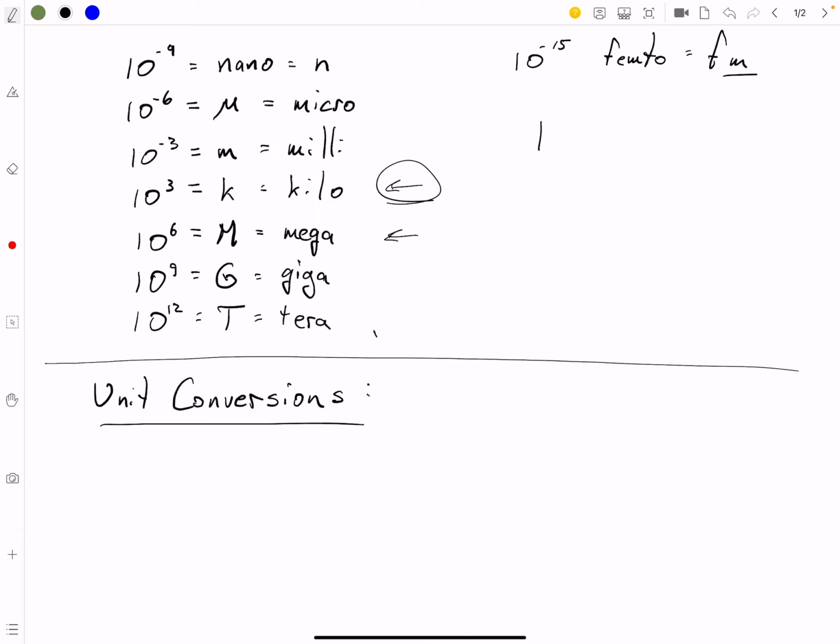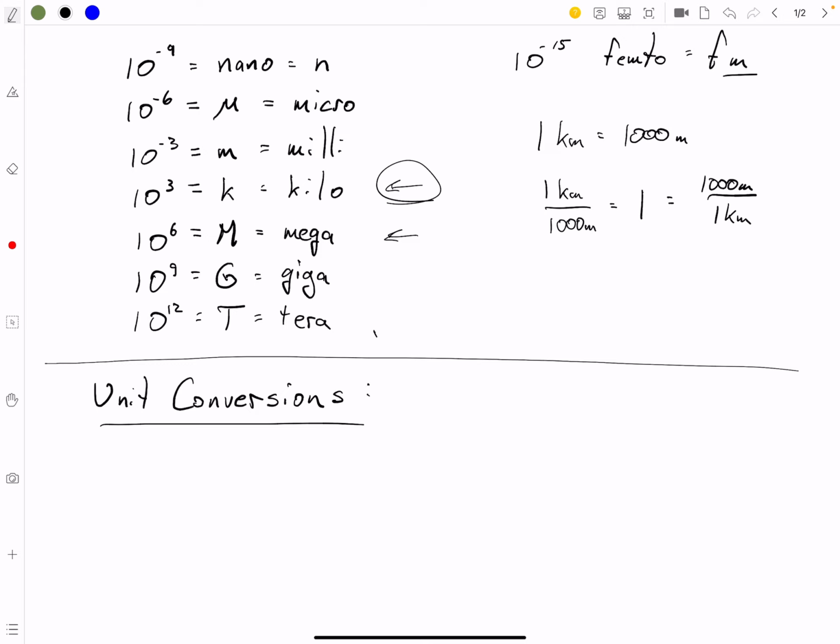If we have 1 kilometer, and that 1 kilometer equals 1,000 meters, you can divide 1 kilometer by 1,000 meters, and you have 1. So that means that you could invert it, and you could put the 1,000 meters on top and the 1 kilometer on the bottom. Each of these things are equivalent. The only problem is if you don't do it correctly,